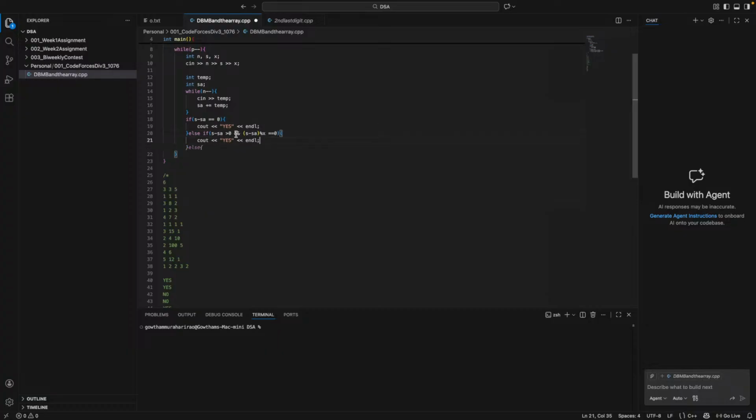So see, one condition is S minus SA greater than 0. Another condition is S minus SA mod X is 0, which means S minus SA is divisible by X. I'm putting more brackets just for more clarity. So if these all don't happen,